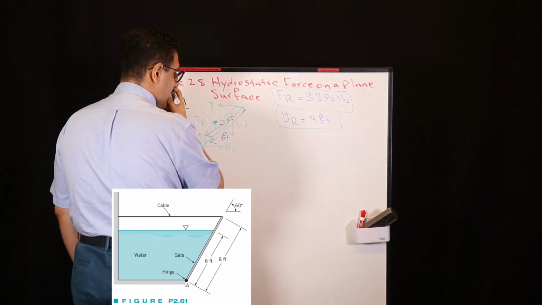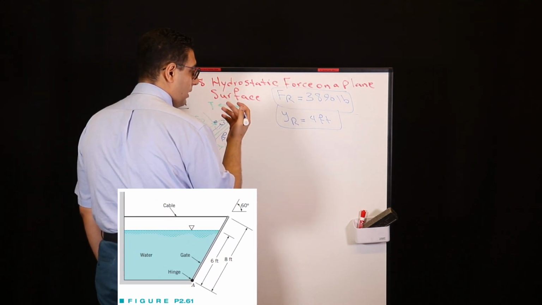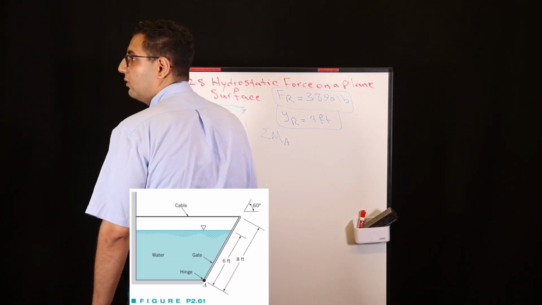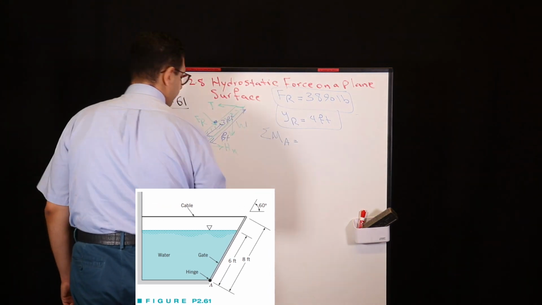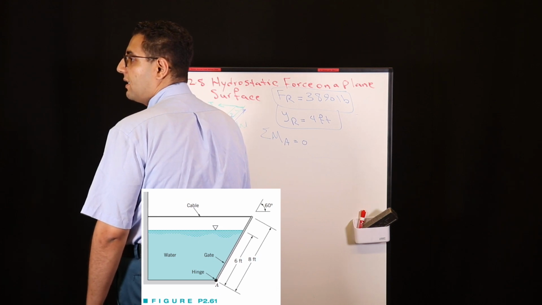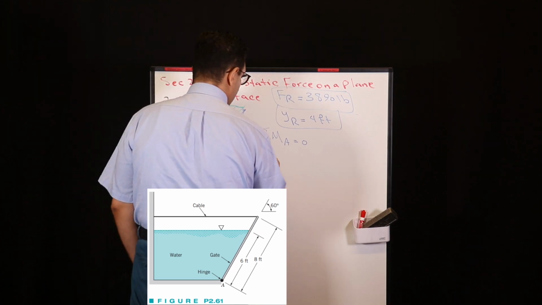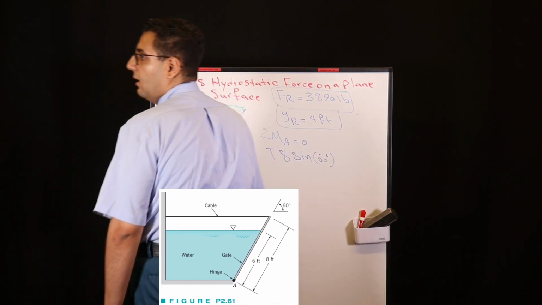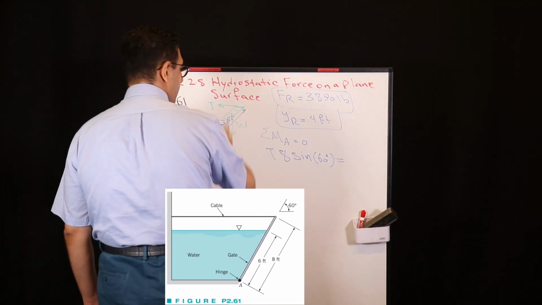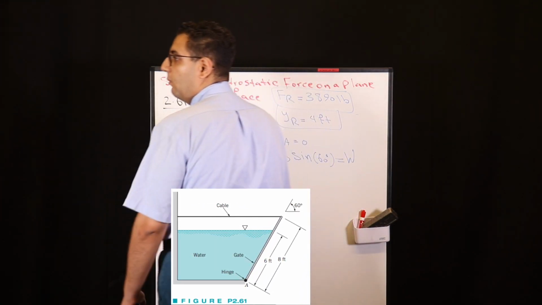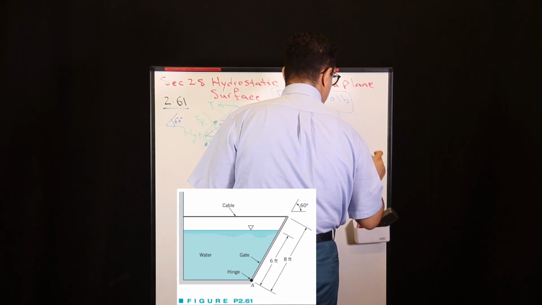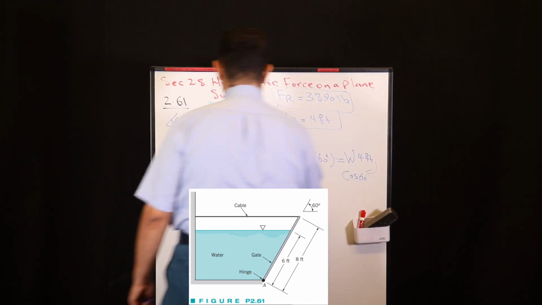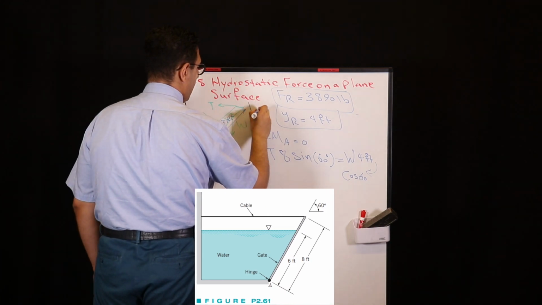For having the equilibrium condition, the moment around this point should be 0. All of them, the combination of all moments. MA, this is point A here, is equal to 0. We just have the tension of the cable, which is T multiplied by the length of that, 8 sine 60 degrees, and the weight force, which is equal to W multiplied by 4 feet multiplied by cosine 60. Since we have the origin